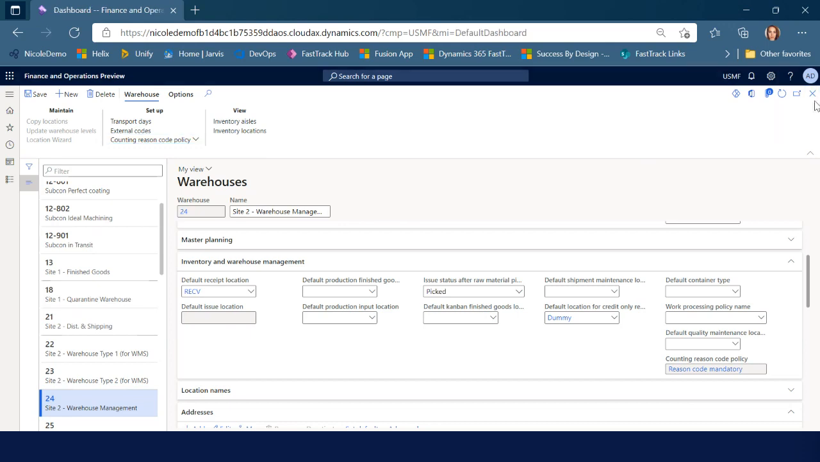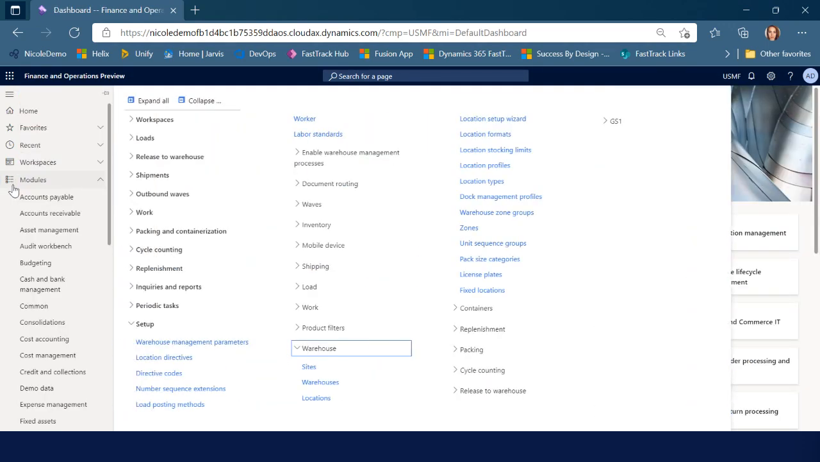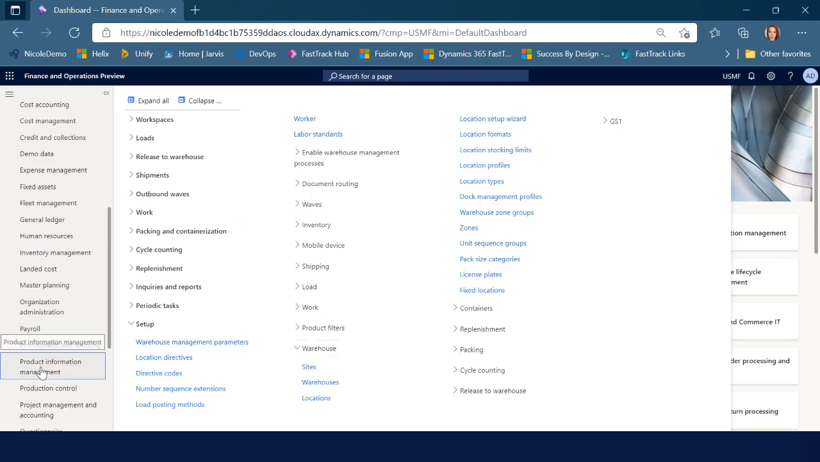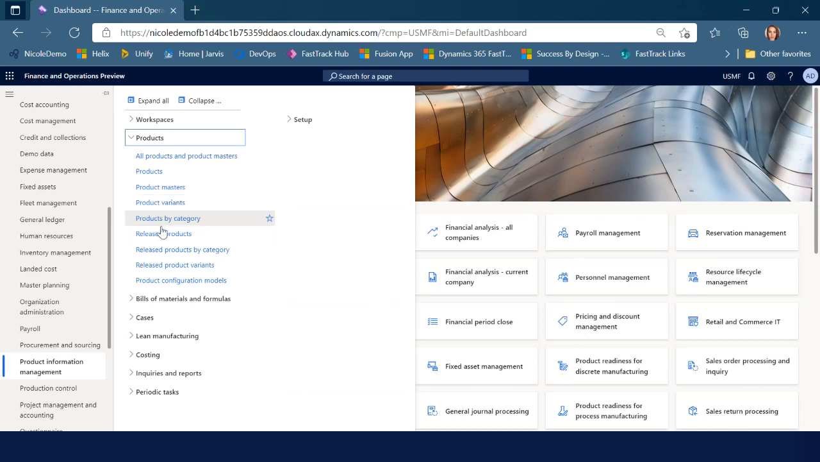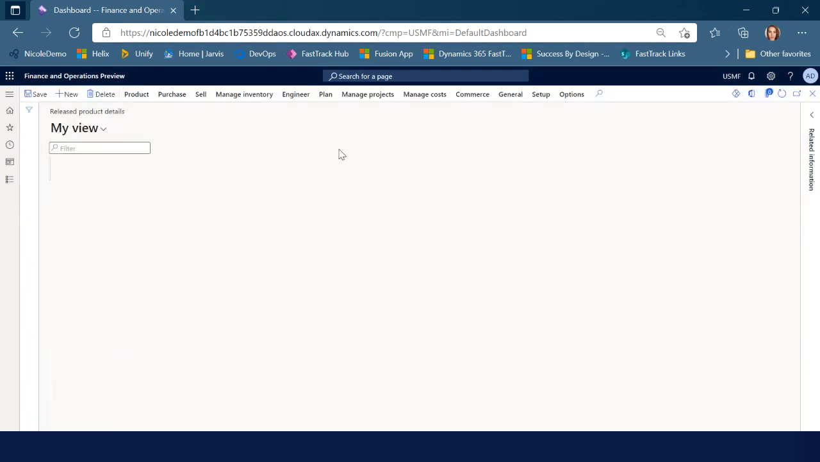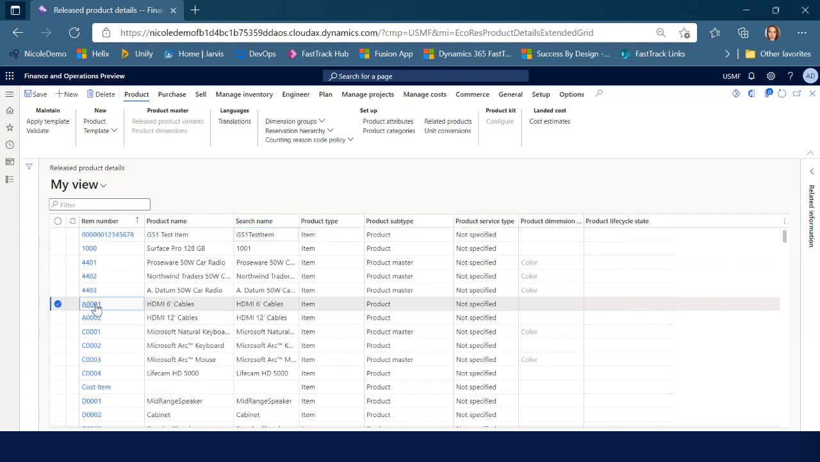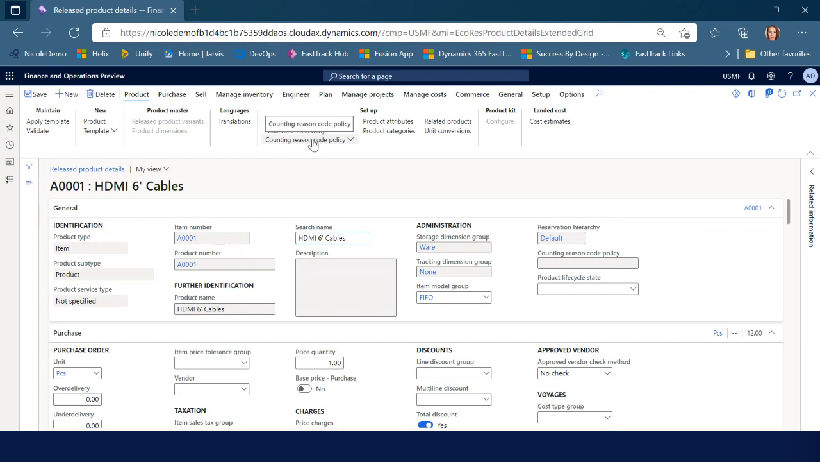But there is an override for this, right? If that's too broad, we actually have this setting at the released product level as well. So again, let me collapse. Let's go look at just one of our released products. And you'll see, without clicking into this, this was available on the overview grid page as well, but under the product tab, setup group, you've got the counting reason code policy. Again, you can see for this A001 item that I will be working with in many of the demos today